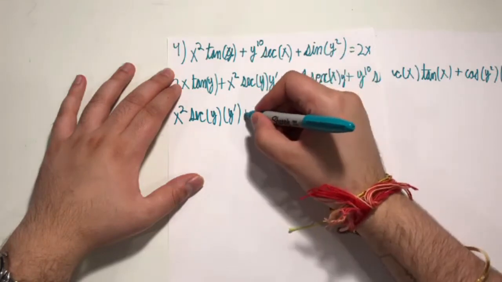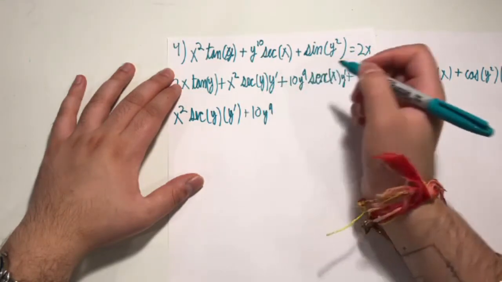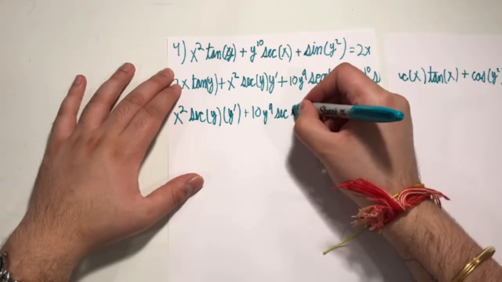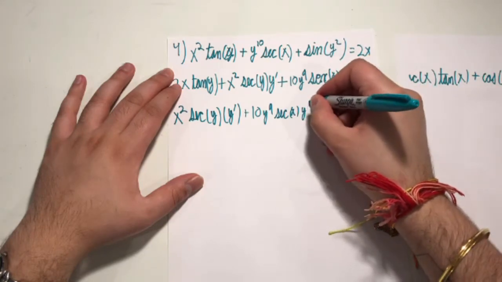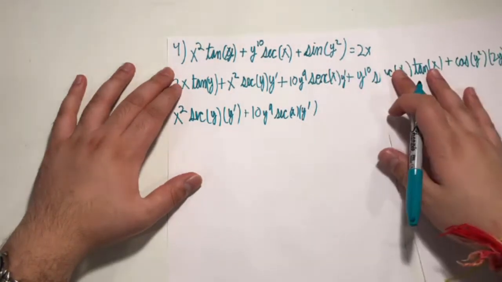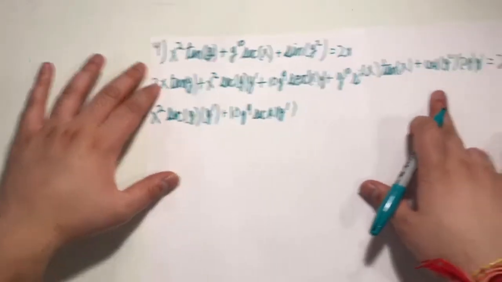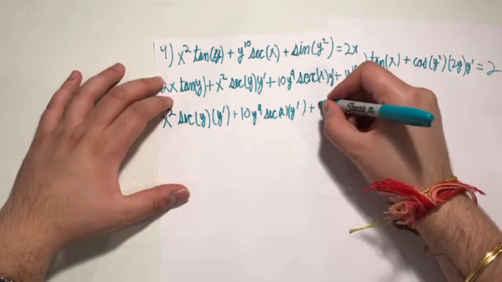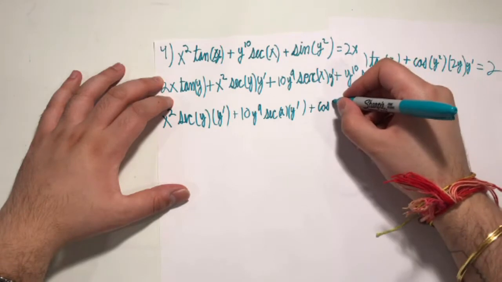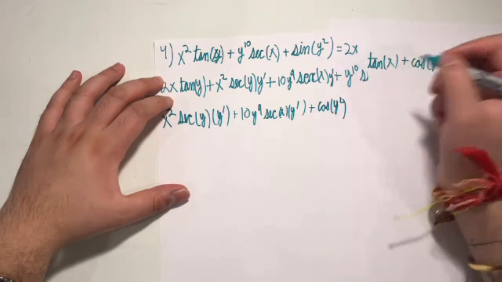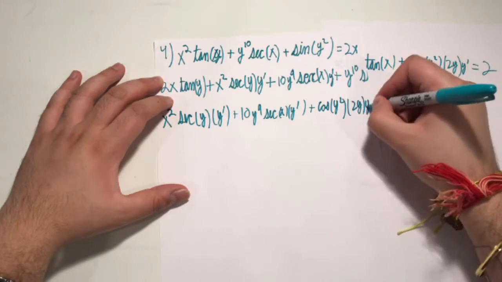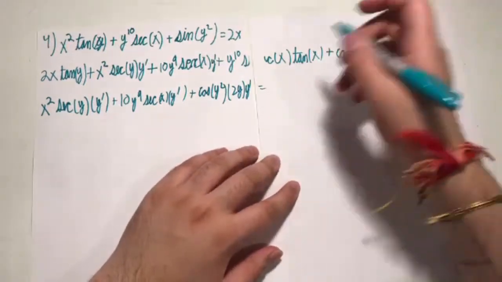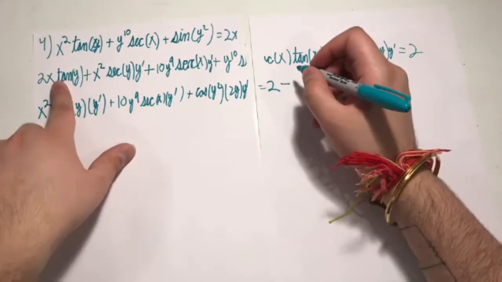The next one would be plus 10y to the 9th secant x y prime. And the last y prime term is way back here, so plus cosine y squared 2y y prime. And that's going to be equal to the stuff I moved over, so 2 minus 2x tangent y